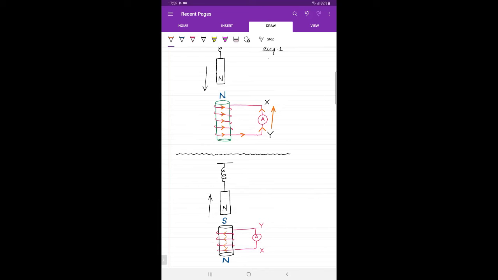So let me repeat myself. Point your thumb towards the bottom of the screen where the north is induced. Check the direction in which your fingers are curling. And I've marked the direction of the induced current. So if I were to extend it, तो अगर आप टॉप वाले डायग्राम के साथ इसको कंपेयर करोगे ना, तो आई थिंक फर्दर वेरिफिकेशन भी हो जाएगी. And I don't think I need to explain anything else. आपको खुद ही वेरिफिकेशन नजर आ रही होगी कि this time the magnet has a tendency of moving upwards or outwards,